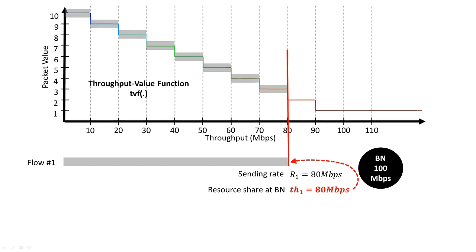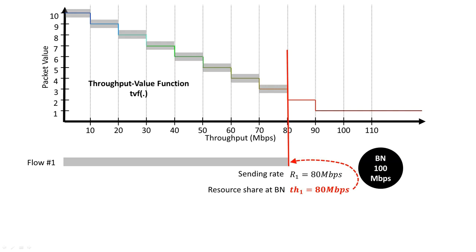In this example, we only distinguish 10 different packet value levels from 1 to 10. Axis X represents the throughput at the packet marker. In our case, this is the sending rate. For each throughput value, the associated packet value can be seen on axis Y. The throughput value function defines the expected contribution of packets with given packet values in the total traffic of the flow. In our example, the sending rate of our single flow called flow number 1 is 80 megabit per sec.